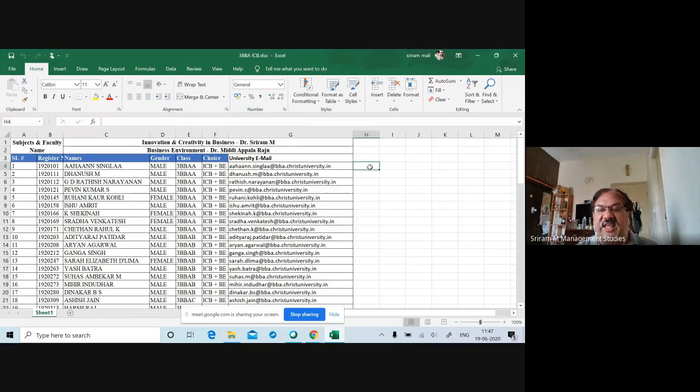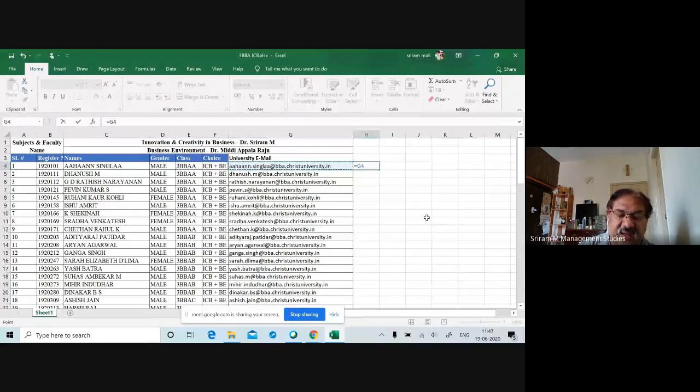We put first equal to, then you select the first cell which contains the email ID. First, the equal to symbol, select that particular cell which has the first email ID, then followed by the and symbol.